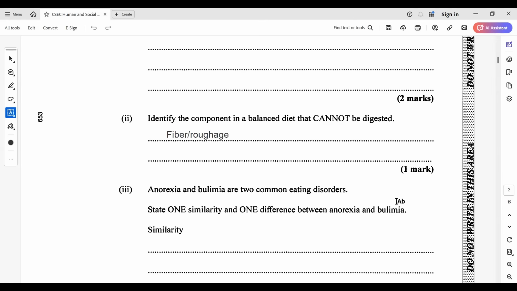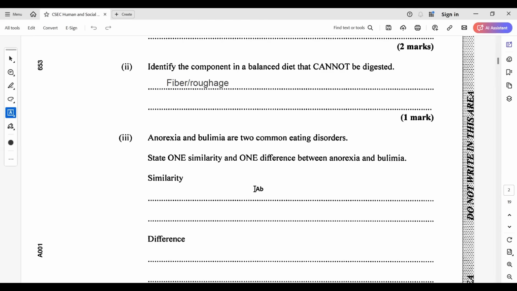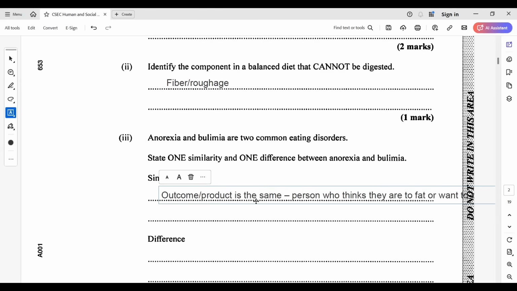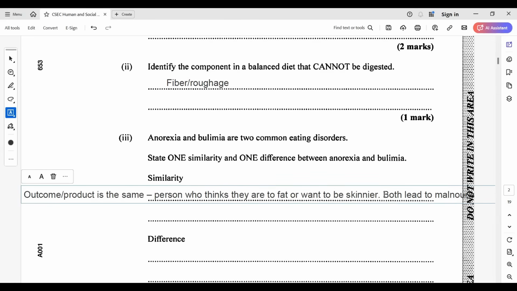Anorexia and bulimia are 2 common eating disorders. State 1 similarity and 1 difference between the 2. A similarity, and there are quite a few. You would just require to identify 1. I would give you more than 1, in fact, so